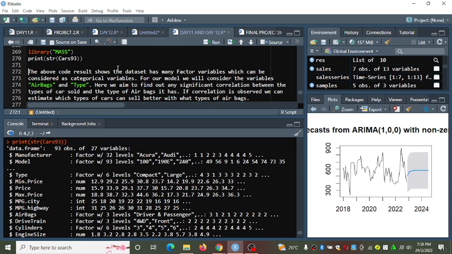For our model, we will consider the variables called Manufacturer and Type.